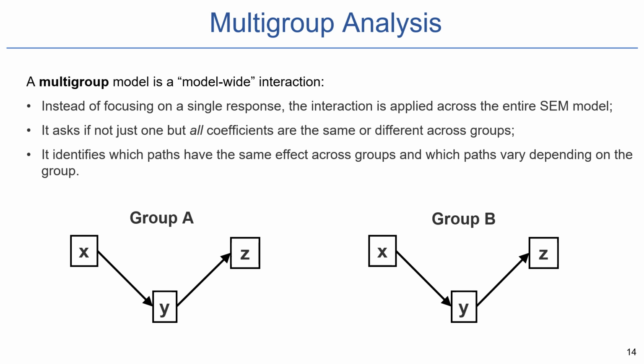So it asks if not just one, but all coefficients are the same or different across groups. And it identifies which paths have the same effect across groups and which paths vary depending on the group. So if we see here our model, the effect of X on Y on Z, we test all these effects across